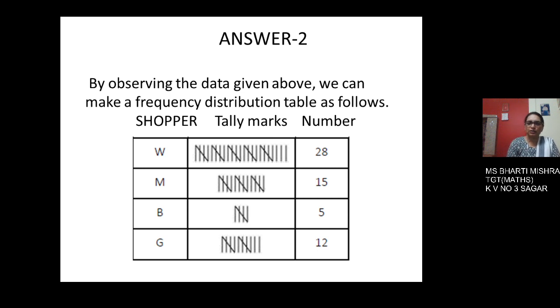I think you have understood the method. One by one you will put the entries. First you will make the columns, then one by one you will enter lines, and after the 4th line, the 5th one will be a cross to make a tally, then the 6th line will be drawn. Do it very patiently, otherwise making a mistake will create a problem. You have to repeat the whole process again. So coming to the next question,